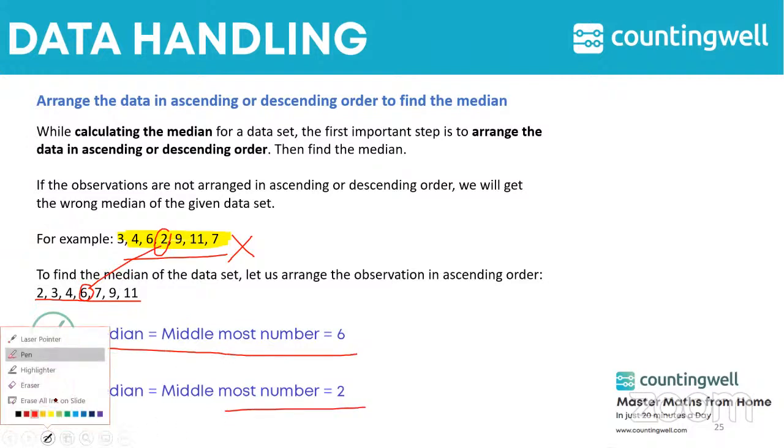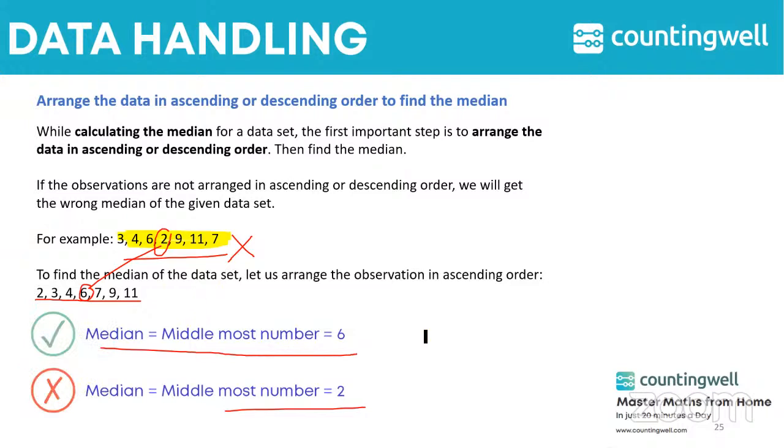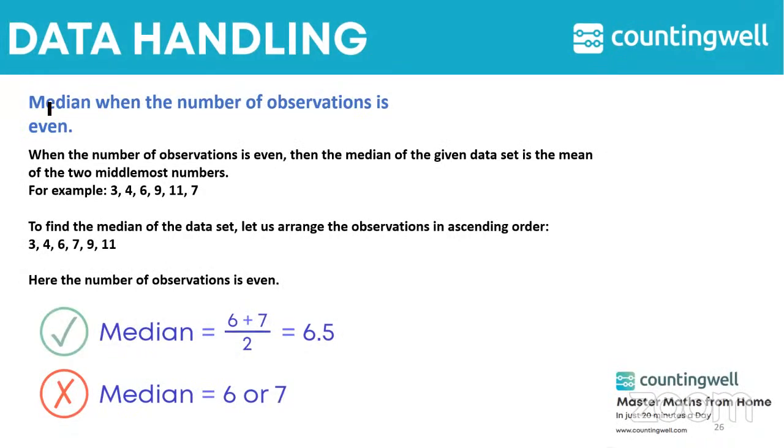So here you should avoid finding the median when the number of observations is even. What we are going to do, we are going to add the middle numbers. So here we have middle numbers 6 and 9. So adding 6 and 9 and dividing by 2 will give the median. No,